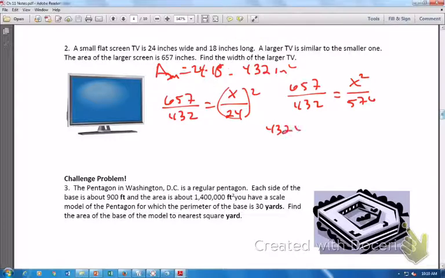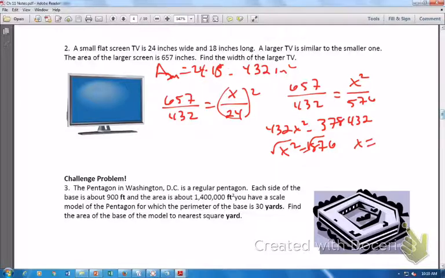So 432x squared is equal to 378,432, then divide by 432. So x squared is equal to 876, and then we're going to square root both sides and realize that the